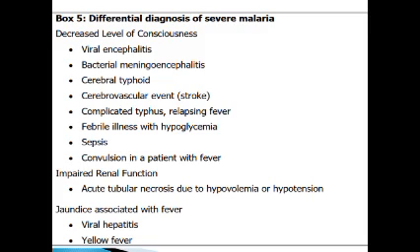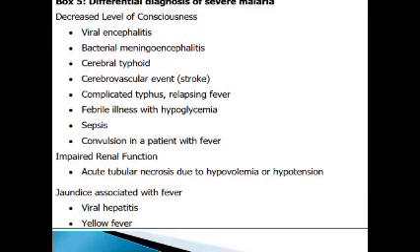Differential diagnosis of severe malaria: decreased level of consciousness, viral encephalitis, bacterial meningoencephalitis, cerebral typhoid, cerebrovascular event or stroke, complicated typhus, relapsing fever, febrile illness with hypoglycemia, sepsis, convulsion in a patient with fever, impaired renal function, acute tubular necrosis due to hypovolemia or hypotension, jaundice associated with fever, viral hepatitis, yellow